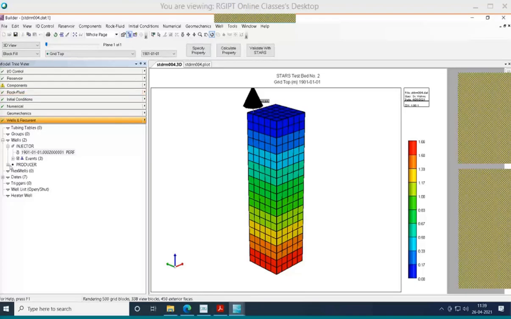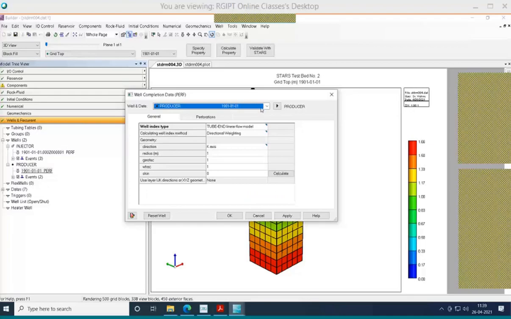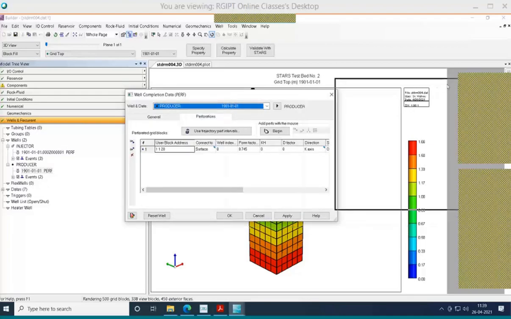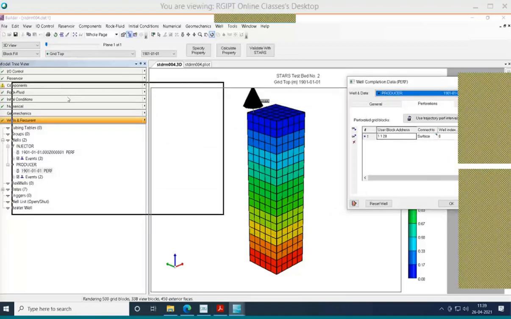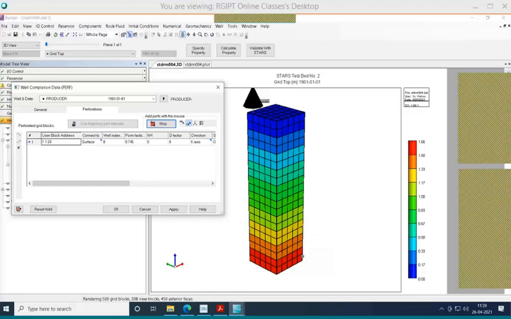Injector, producer, perforation. It was 1120. So I have perforated it on 5520 and I am deleting this one. Okay, apply.